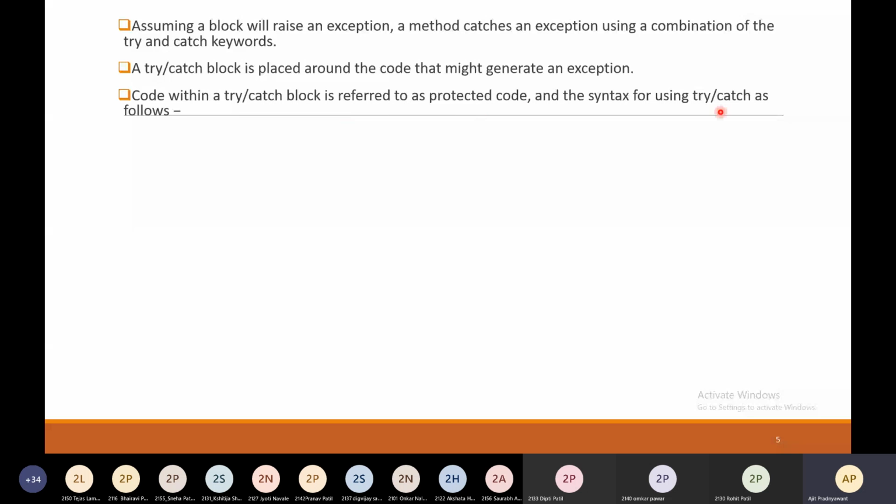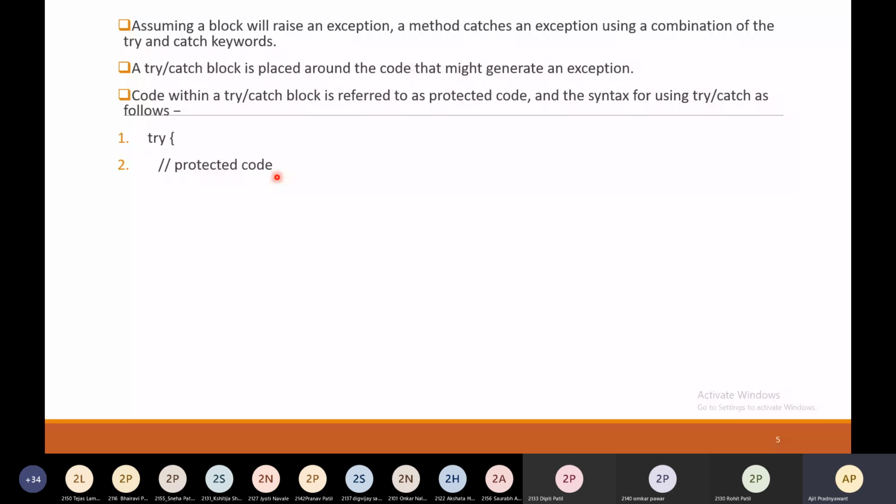And the syntax for using try catch is as follows. So this is the way to use the try catch block. You have to mention the try keyword, then open the curly bracket, and inside this try block you need to put the code, and that code is called protected code.